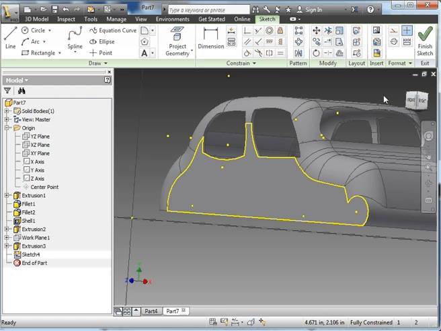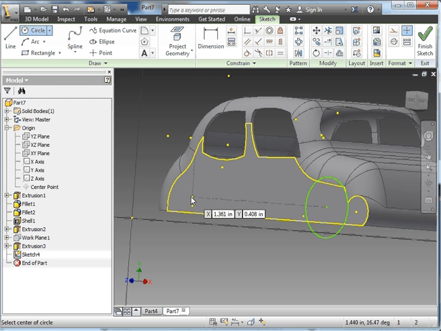Ooh, circle. So there's one wheel. You can see that the indexing line, as I move over that dotted line, just keeps everything lined up. And there's my other wheel. We'll use the equal constraint to make sure that the wheels are equal to each other. There we go. We've got some equal wheels. I shouldn't call them wheels, they're not wheels. So from here, we can go Finish Sketch,